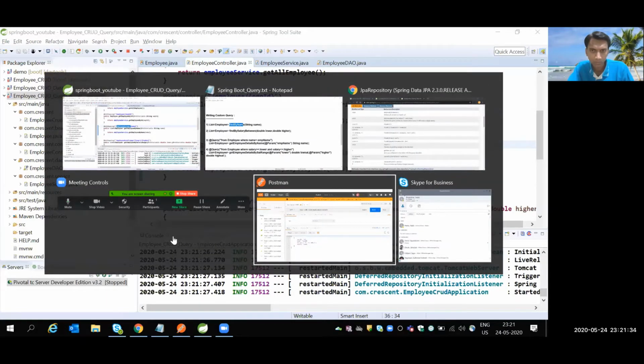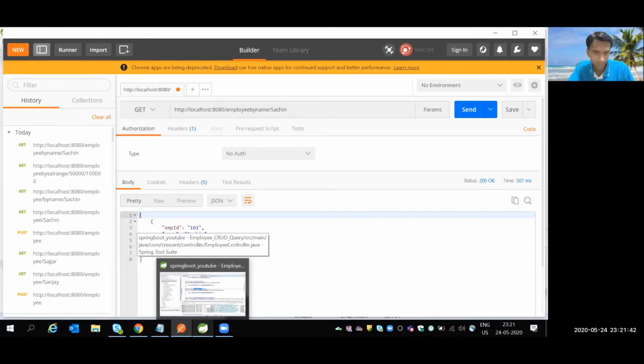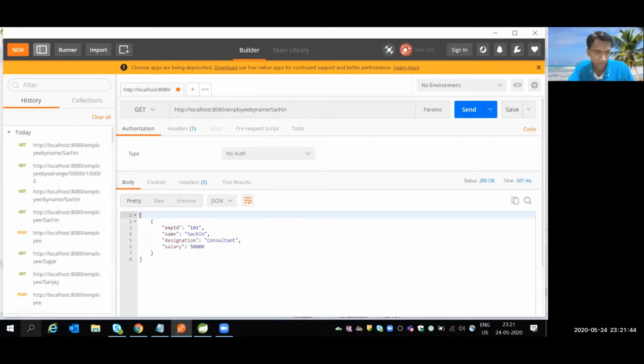Then on Postman, my database already has records. Let me show you the same records in MySQL.